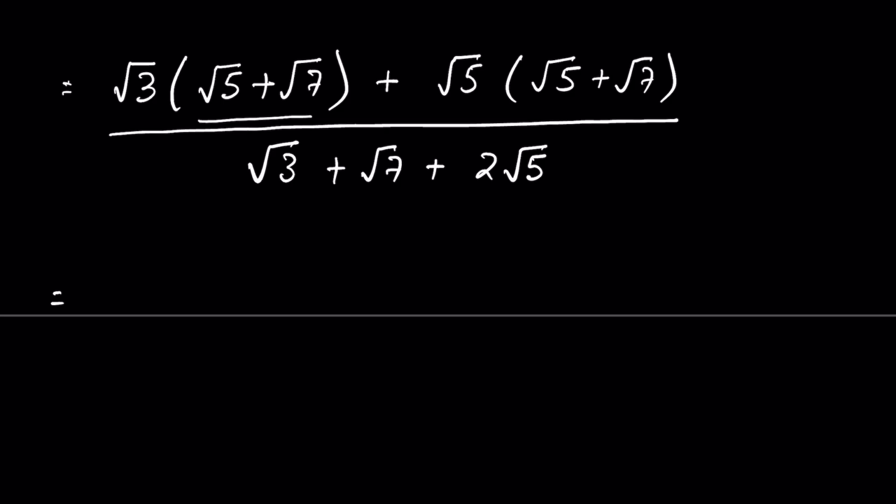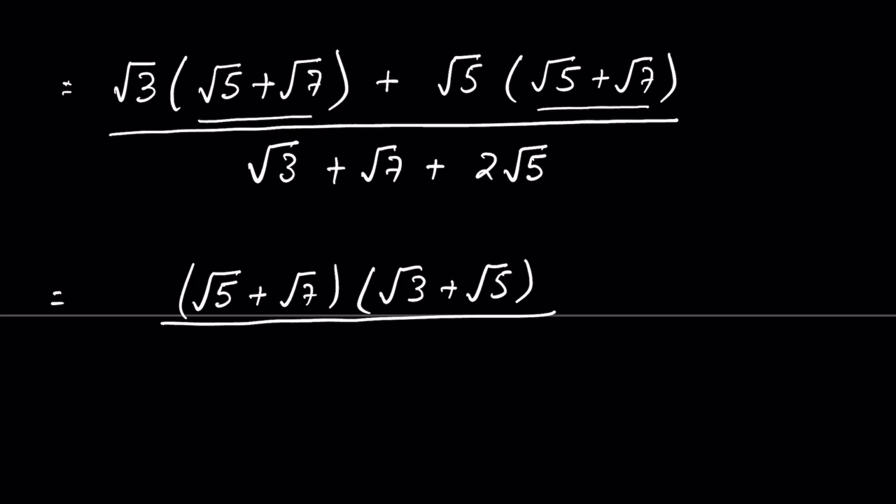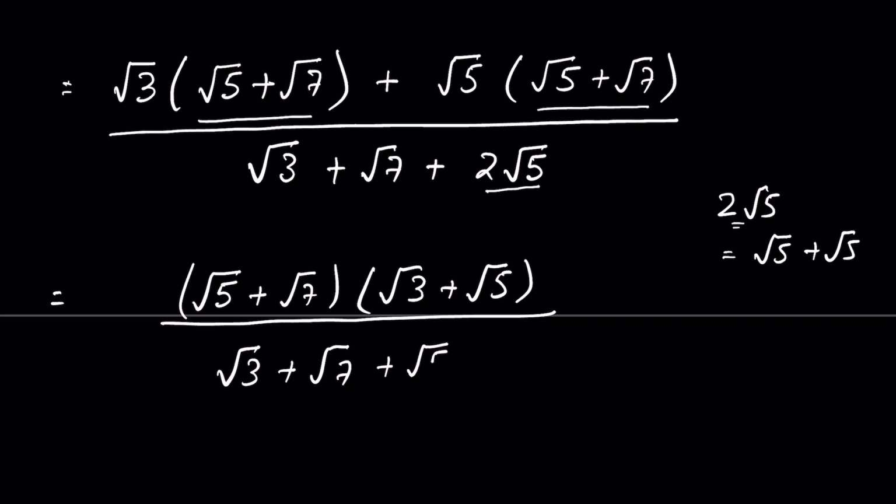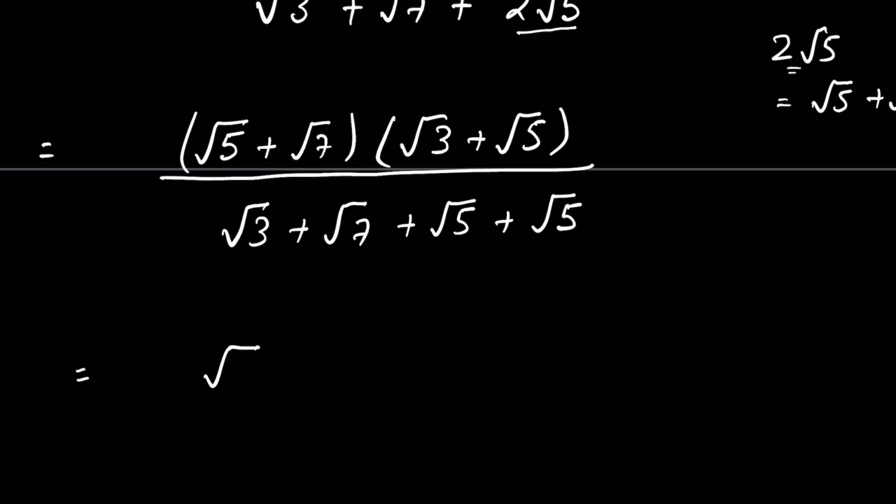Now square root of 5 plus square root of 7 is the common factor here. So we can write square root of 5 plus square root of 7, and the remaining then is square root of 3 plus square root of 5, upon square root of 3 plus square root of 7. Now 2 times square root of 7 is also equal to square root of 7 plus square root of 7. So we can write here square root of 5 plus square root of 7 times square root of 3 plus square root of 5